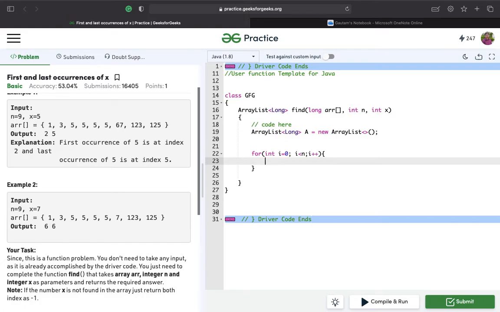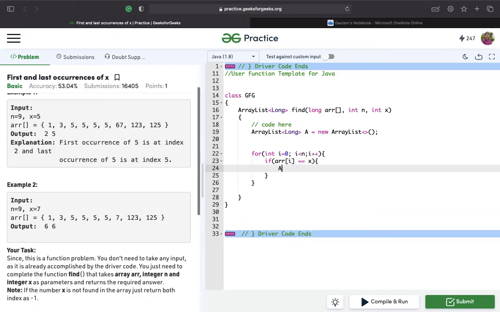So we have started with the loop, and now if ARR of I at any time is equal to the target, which is x, what we'll do is A dot add, we'll add the position of this element, which is 0, and the actual index, which is I, right? So this will be code for finding the first position of x in the array.